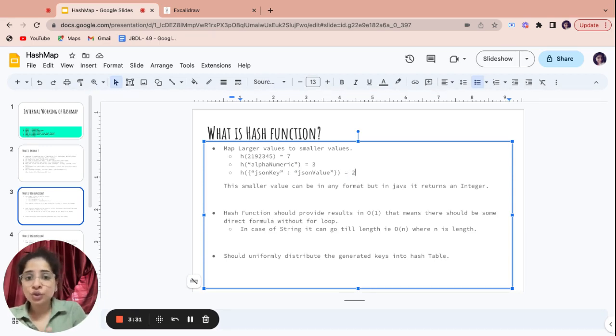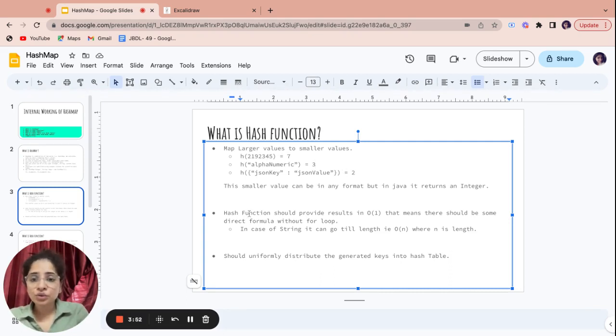Why am I always getting an integer? 7, 3, and 2 are all integers. The hash function could return anything else, but in Java it always returns an integer. That's why I'm taking it as an integer.